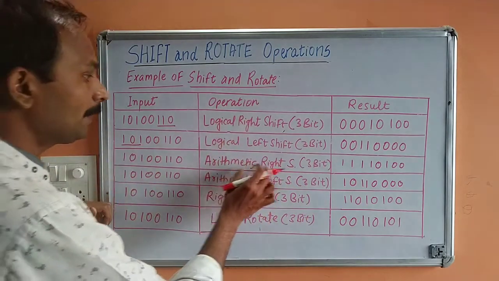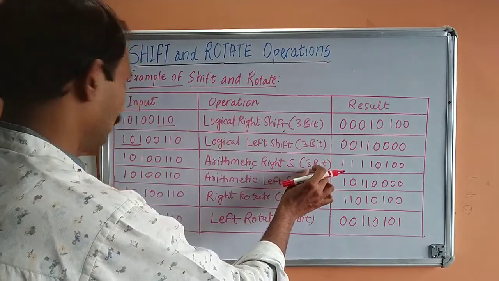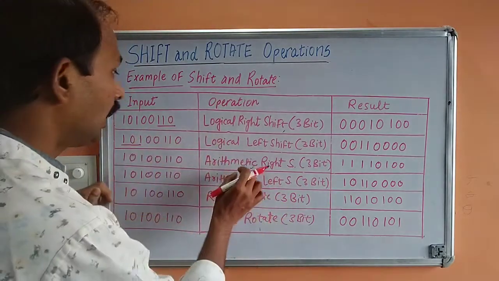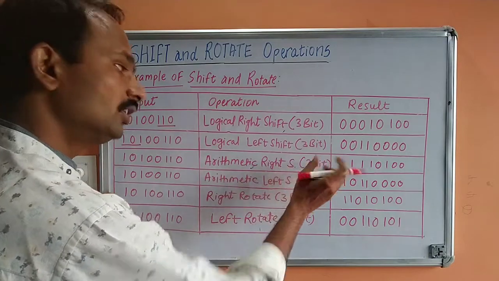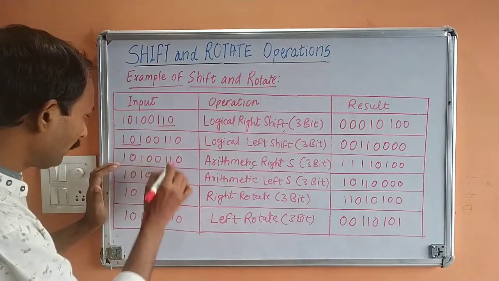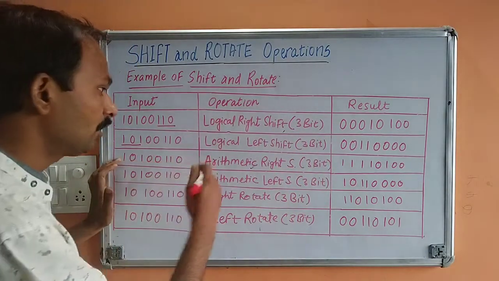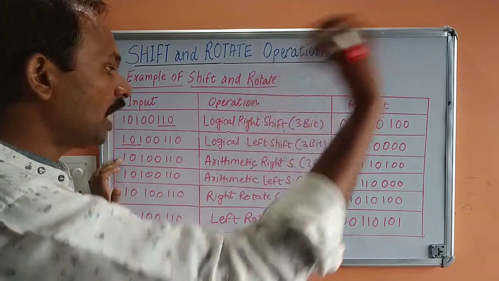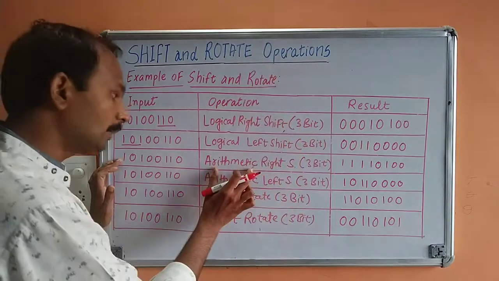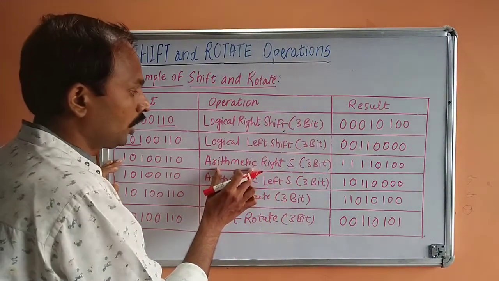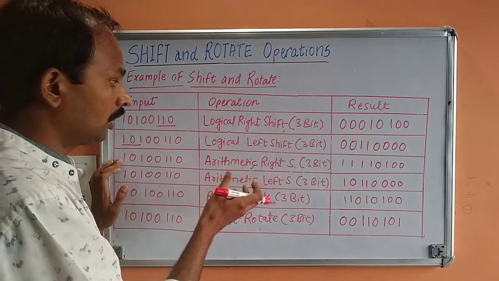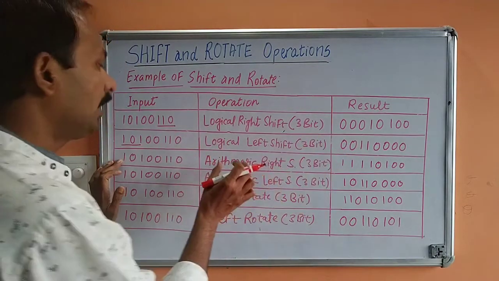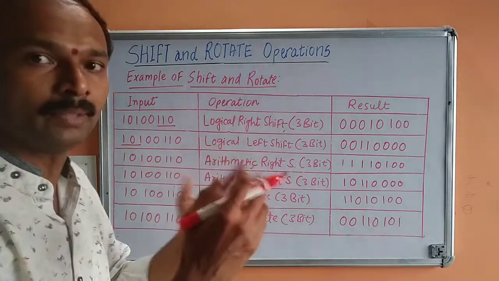Next, arithmetic right shift by 3 bit. Now this is very important and very difficult to understand. Please concentrate. Arithmetic right shift by 3 bit. See, this is the number you have. Now you want to shift the number. Shifting the number means the bits that are going out will be lost. But it is arithmetic shift. So arithmetic shift means what? If you look at the previous diagram, the answer will be more clear to you, that in arithmetic shifting we are preserving the sign bit, right?